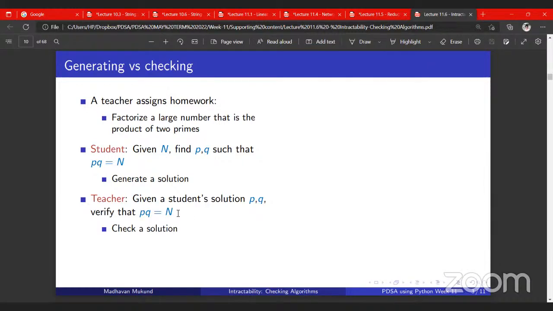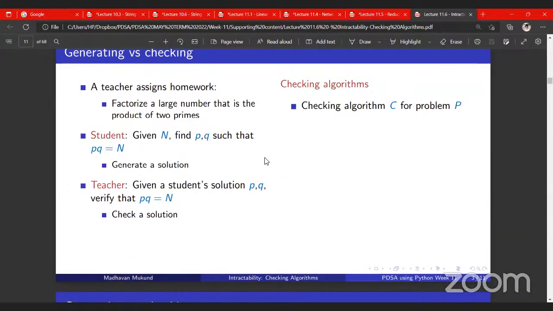If our generating process takes non-polynomial time, and our checking process is efficient and done in polynomial time,